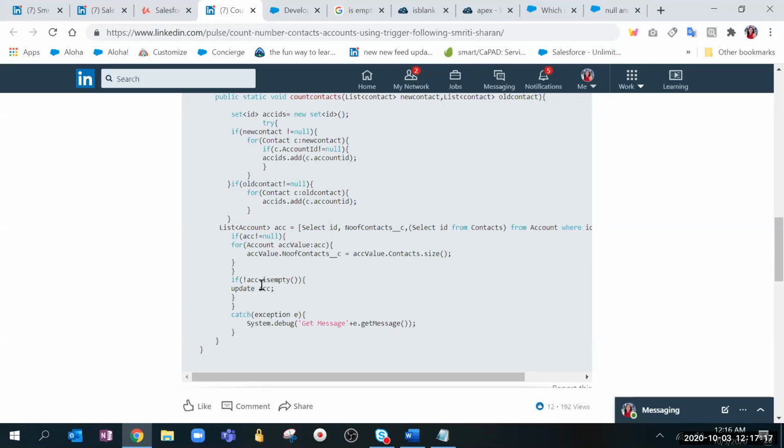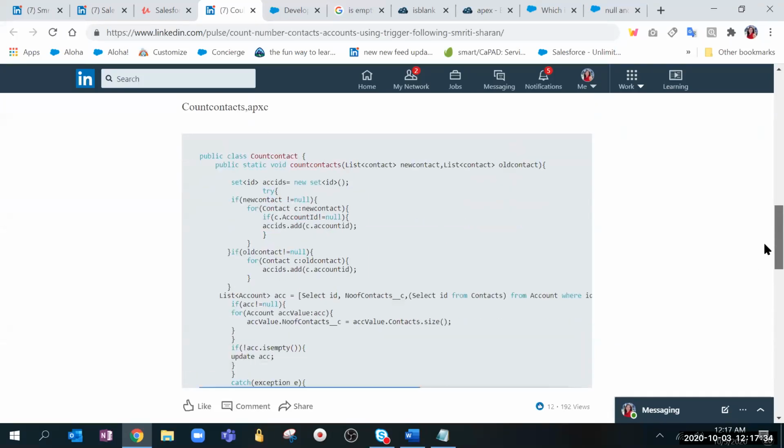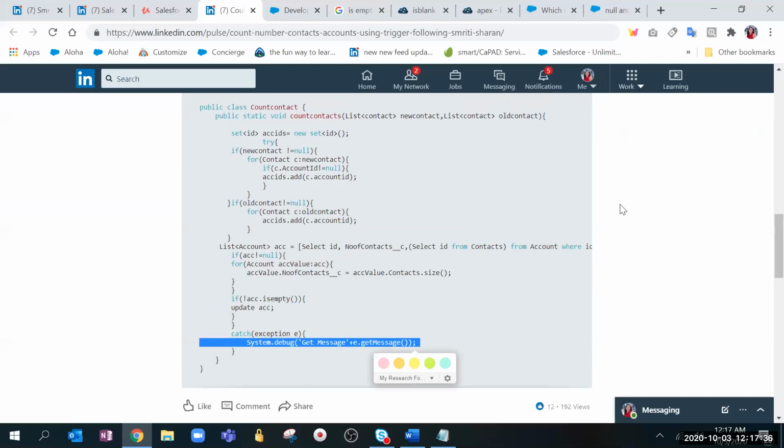And then if you go down, we are doing the update. Before doing the update, again as a best practice, we are checking whether it is empty or not. And again, as a best practice, if there is an error, it will catch the error by showing the debug statement, so that you can put it in. So now, Shatarshi or Gyan, do you want to iterate it in another way and try to get what we have done, or ask questions?